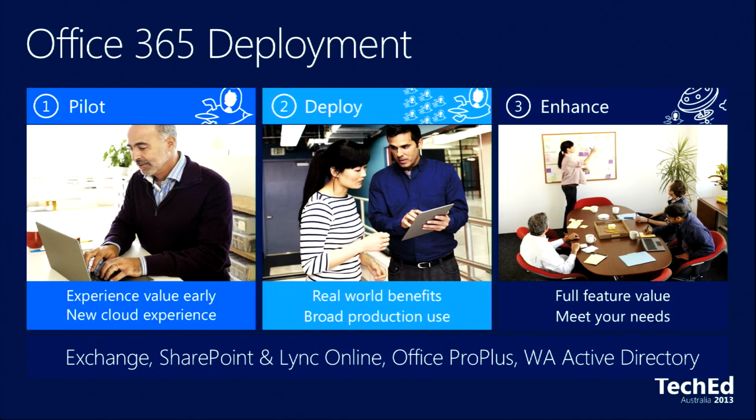And we really have tried to break this down into 3 steps, from pilot to deploy to enhance. And what you'll see from the Microsoft side is a very concerted effort to try to highlight some of the capabilities that we can go through in a pilot without truly manipulating your current infrastructure, and then moving to a deployment scenario within the services as far as Exchange and Lync and SharePoint that allows you, without having to go really deep in the coexistence side, to have mailboxes online, to have mail flow and routing, and be able to have your users synchronized with the cloud. So we're going to talk about step 1, step 2, and then step 3.